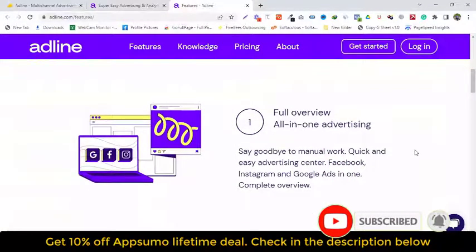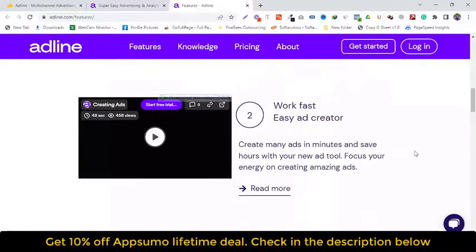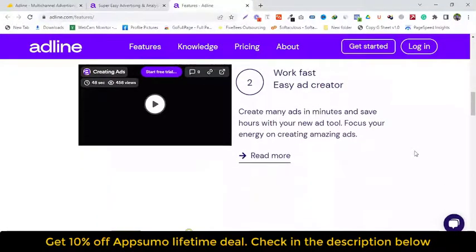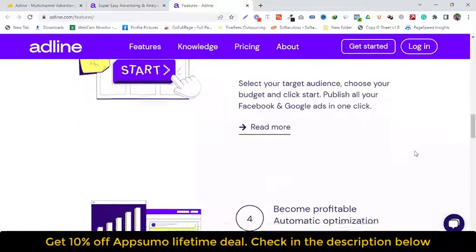Facebook and Instagram Ads Creator. Creating Facebook and Instagram ads has never been easier. Write a headline, description, and upload an image or a video. By setting up a Facebook video or image, you'll also become visible on Instagram.